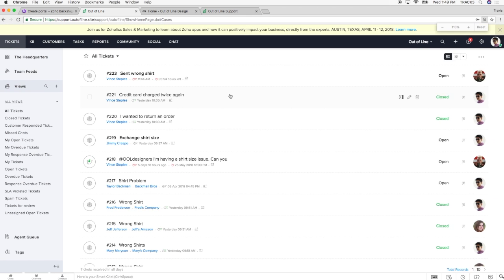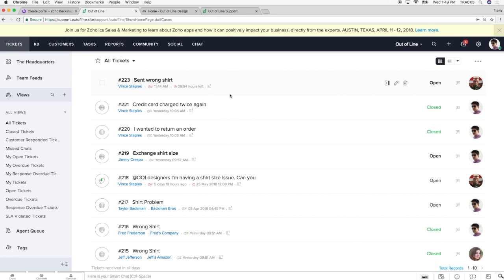Tickets. So this is where agents are going to be spending most of their time. So this is the ticket screen. And typically when I'm using a support software, this is how it's going to be displayed. All the tickets that have come in are going to be shown like this. And this was designed off the traditional format of email, right? A message comes in, you respond to it, it goes out. But that's not the best way to handle things as a support agent.